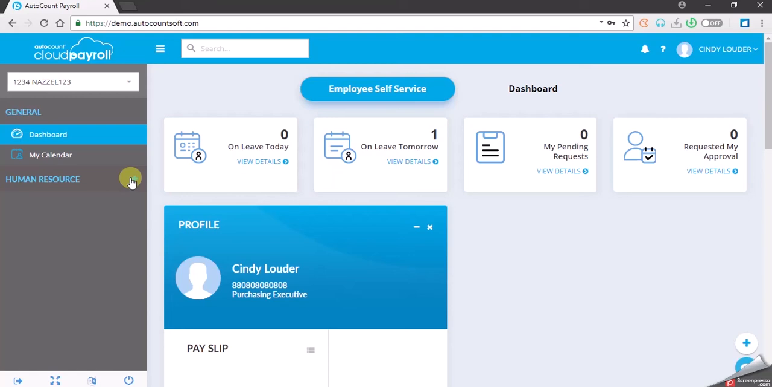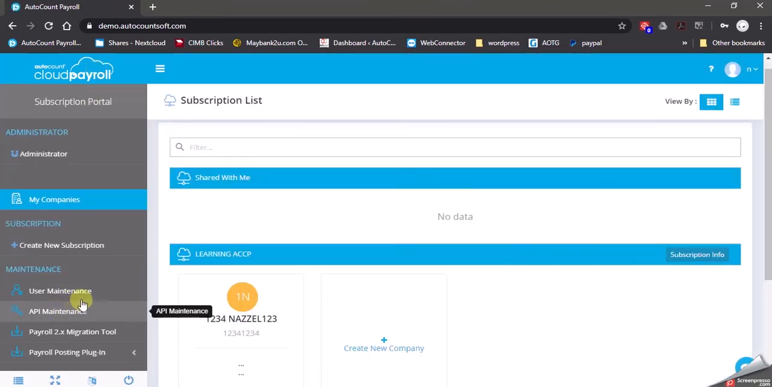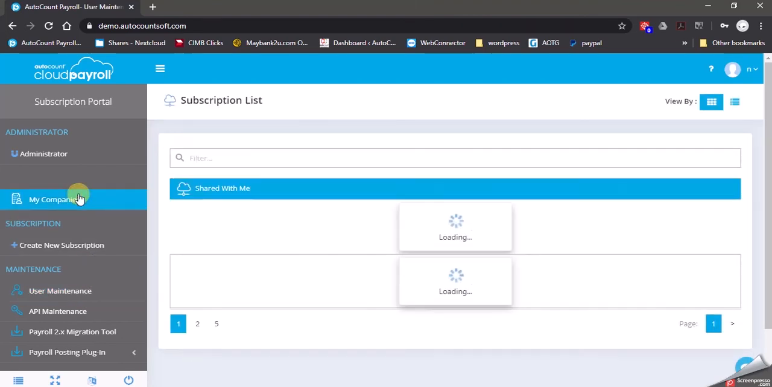In this task, you have performed edit access group, invite user with two methods, which is create new and attach existing user. Then we import employee user, where I show you another two more methods, with a total of 3. The first one is subscription portal, user maintenance. The second method is into the company,